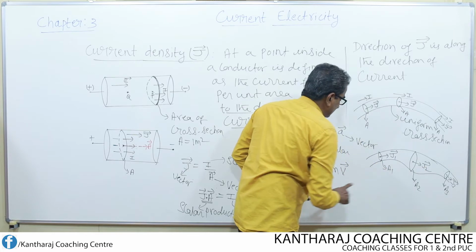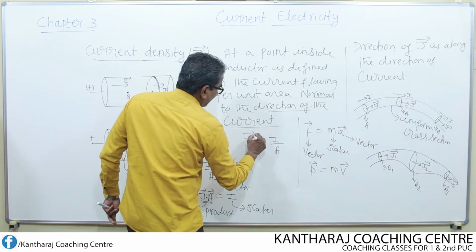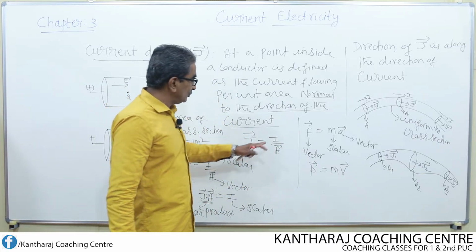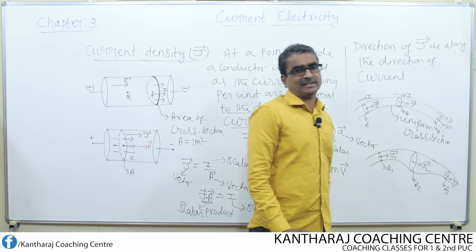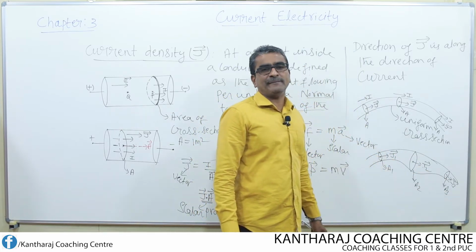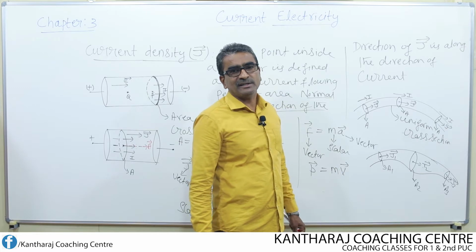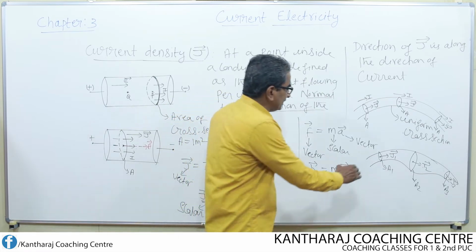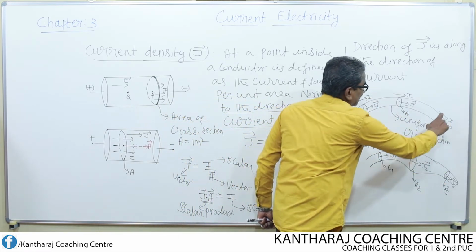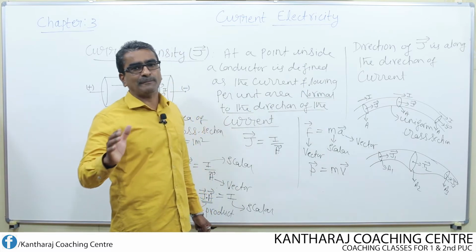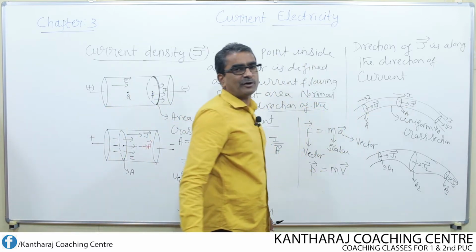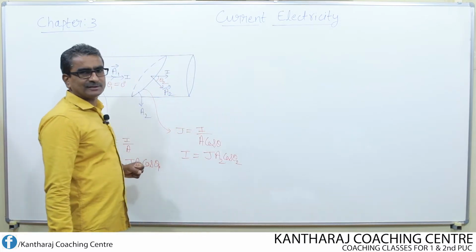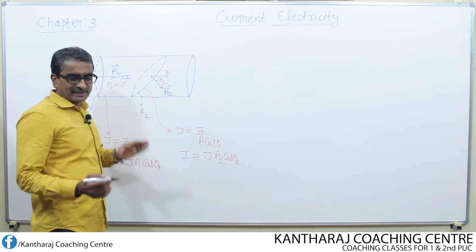Since the area of cross section is changing, according to this relation, if the area of cross section changes, then the current density also changes, though the current remains the same through the conductor. The magnitude of the current remains the same, but the cross sectional area is not the same, since the wire has different thickness at different points. Therefore, current density varies from point to point. In this conductor, current density remains the same at all the points, since it is a conductor of uniform cross section.